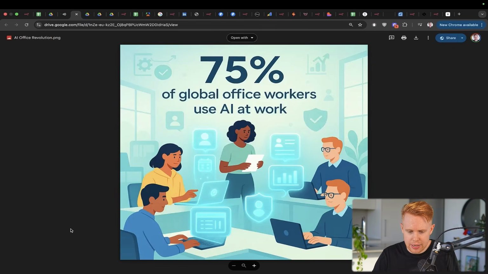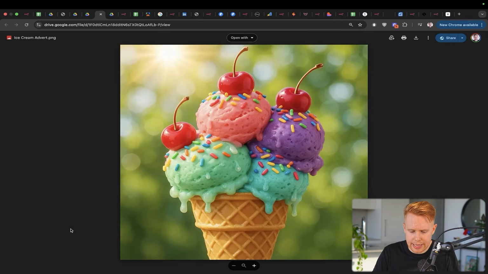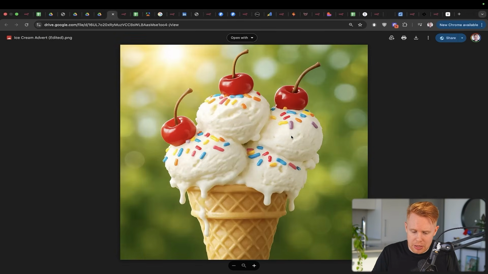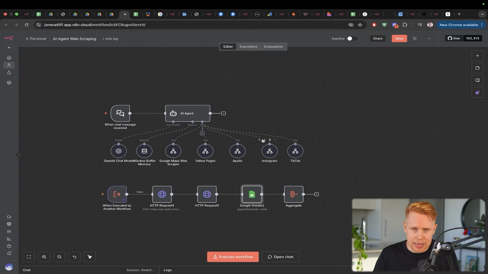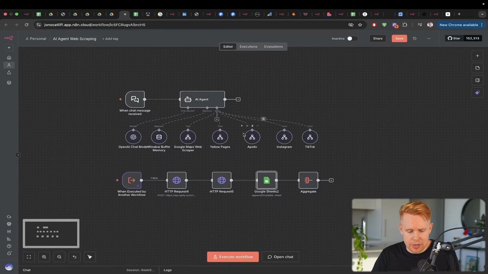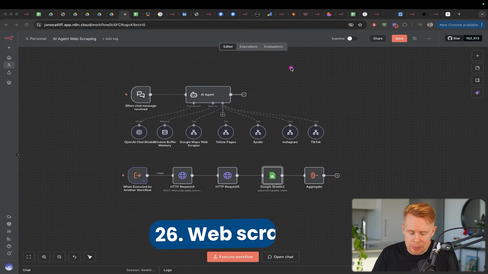Okay, cool. And then it can generate other images like this or like that. You can even edit images. So we have the ice cream and then we're changing the color, but everything else is kind of staying intact. Really cool stuff. Now, the next thing that I want to talk about here is AI agent web scraping, which